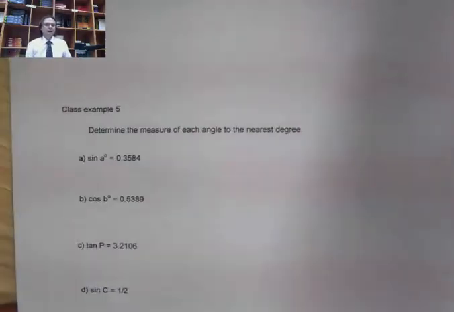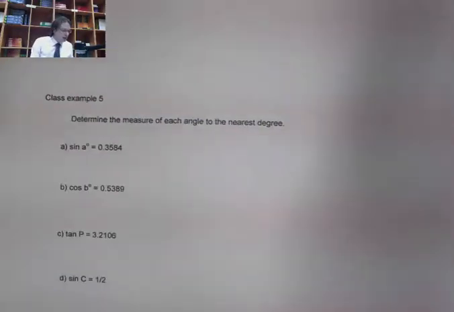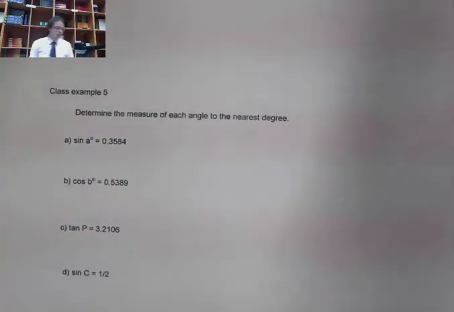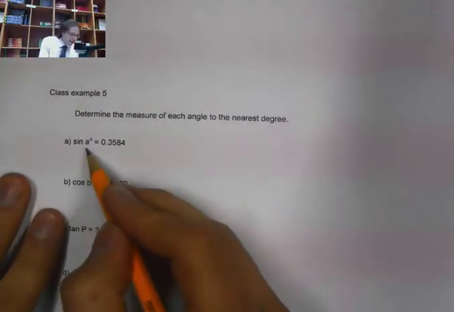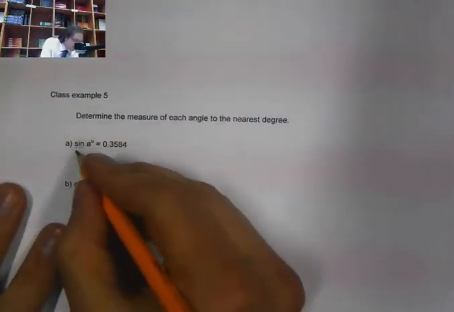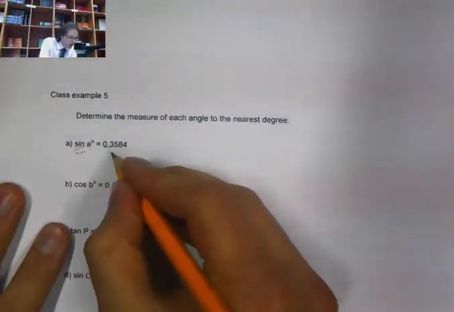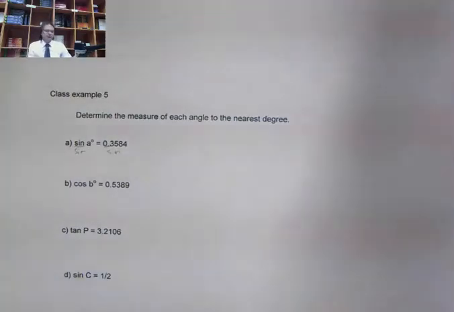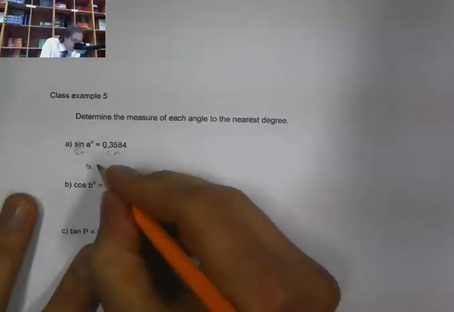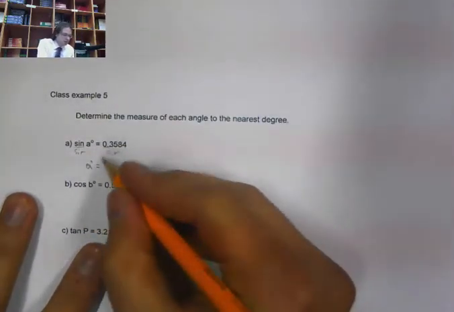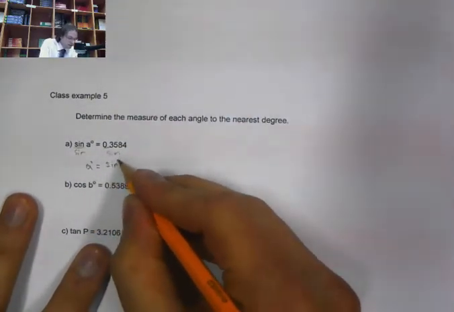All right? So, here we go. Let's take a look at class example number 5. It says, determine the measure of each angle to the nearest degree. So I have sine A is equal to that. If I want to rearrange this, it's like dividing both sides by sine, but we can't put that in our calculator. We can't go 0.35 divided by sine. Doesn't make sense. So we're going to put in our calculator angle A is equal to sine -1,